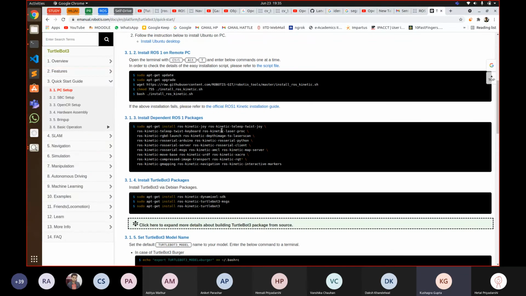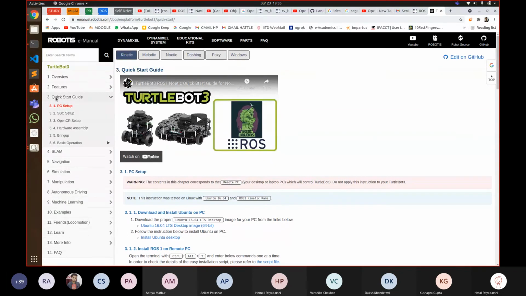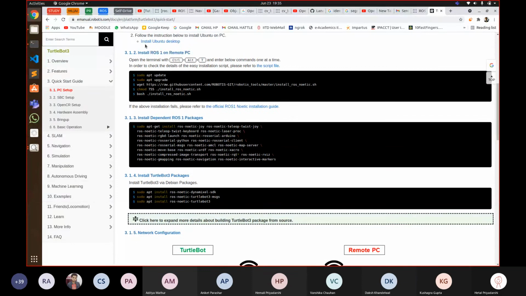First, you have to install the dependencies for TurtleBot. As you come to this quick start guide, select the right option here. This is important. After this, skip this step, installing ROS1, because you've already done that. Then run these commands, this one and these three.